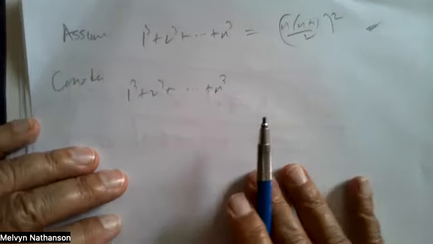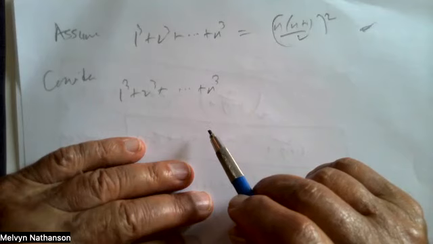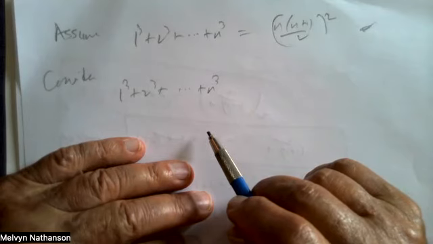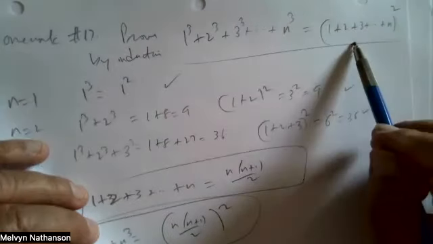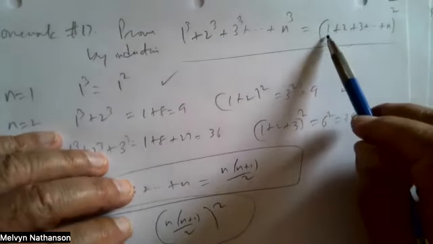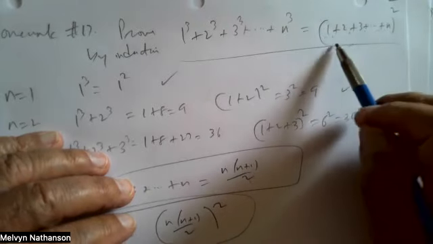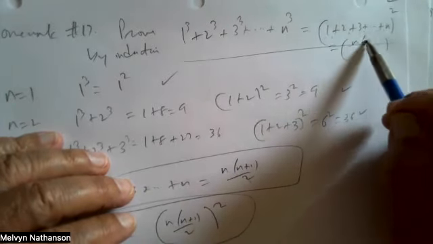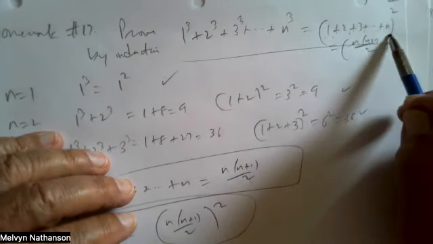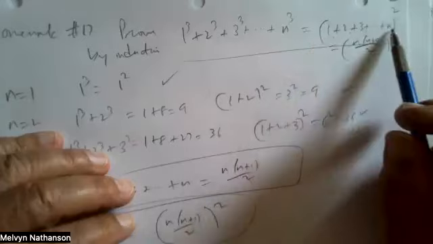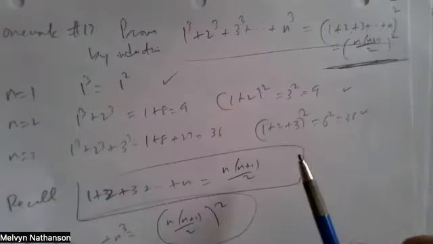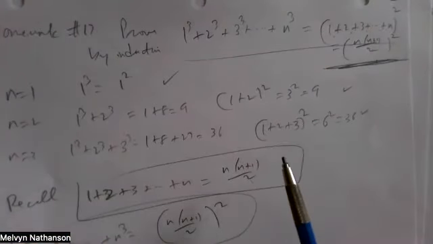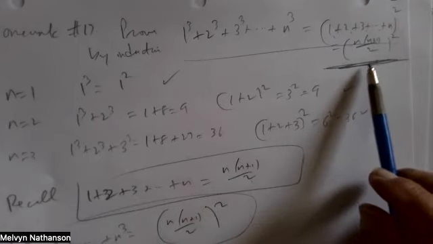Wait, I have a question real quick. Yeah, go ahead. So how were you able to get n times (n plus 1) over 2 squared? Well, this is what we have to prove, right? But this 1 plus 2 plus 3 up to n is the same as n times (n plus 1) over 2. So we're squaring that, right? Because the sum of the first n integers is n times (n plus 1) over 2. But we already proved that, right? That's the previous problem, one of the things, but this we already proved,